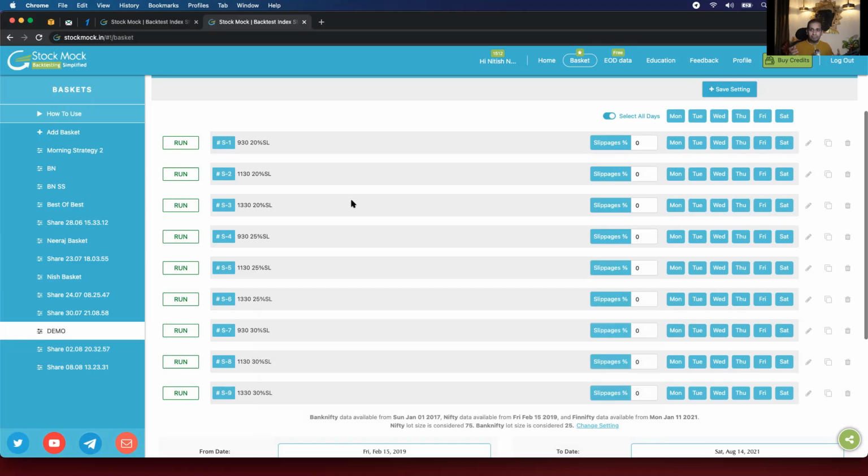Why a basket feature? Because as I told you earlier, the optimizer is nothing but when you give it some choices, it will run all the possible combinations and then tell you the best results out of it. So to give the optimizer the choices, multiple strategies, you have to be in the basket. Basket is nothing but the pool of strategies that you can test together. It's the most popular go-to feature for our users.